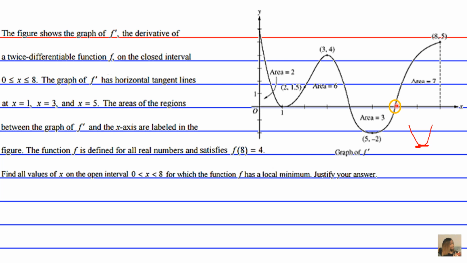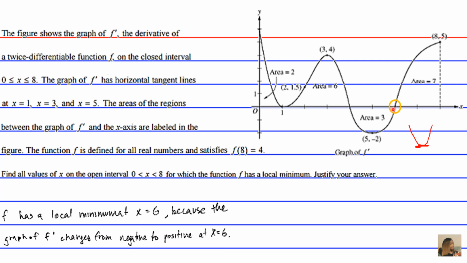But here you have a 0 point that's sandwiched in between a negative region of f prime, and then post the critical point, it's positive. So this right here is our local minimum value. This is our value of x that has a local minimum. So f has a local minimum at x = 6 because the graph of f prime changes from negative to positive, and based